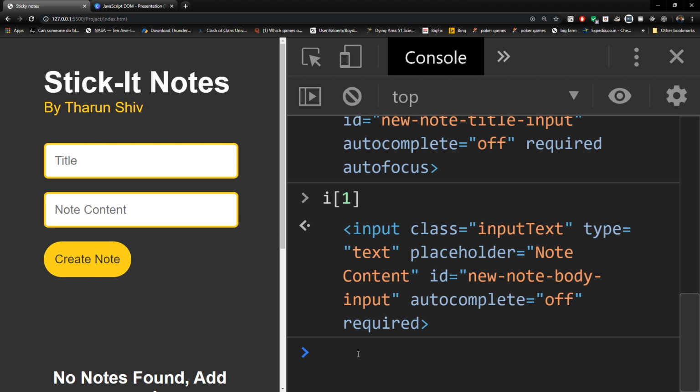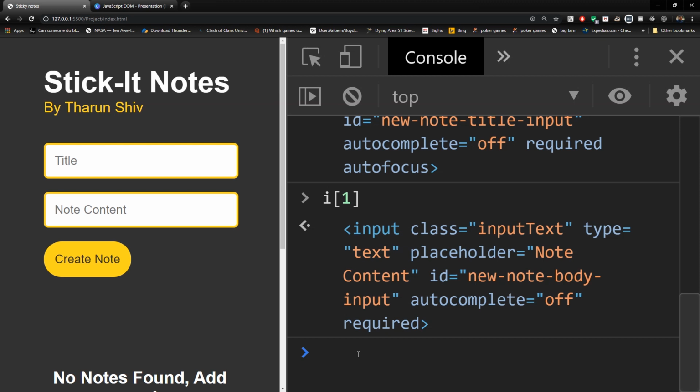Now similar to getElementsByClassName, a general note here: once you have got an element using any of the selectors, it is just an element and you can apply anything on it regardless of how you got that element. Many of you would already have realized that, but still for those who have not, we are continuing here with i[0] and i[1].